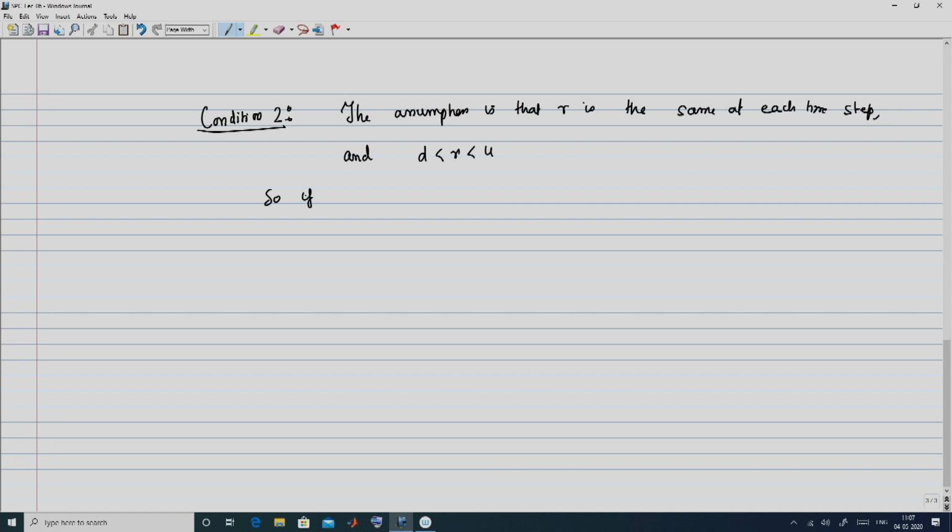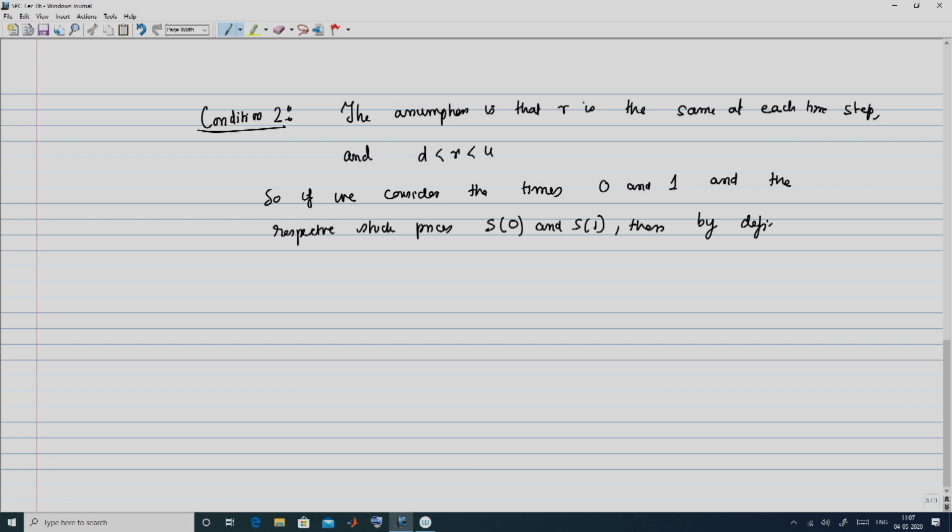So, if we consider the times say 0 and 1 and the respective stock prices S0 and S1, then by definition